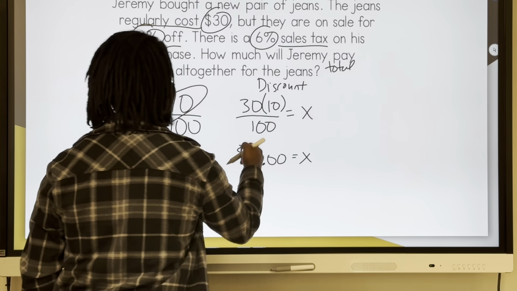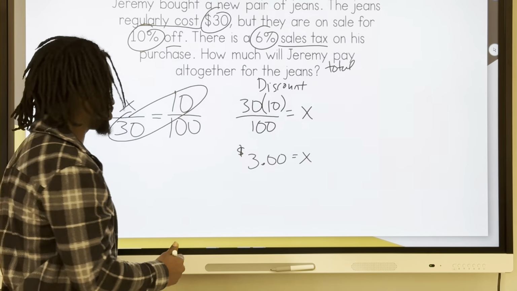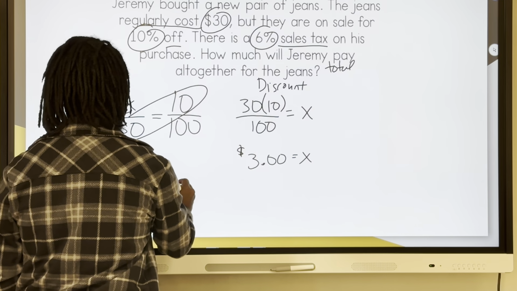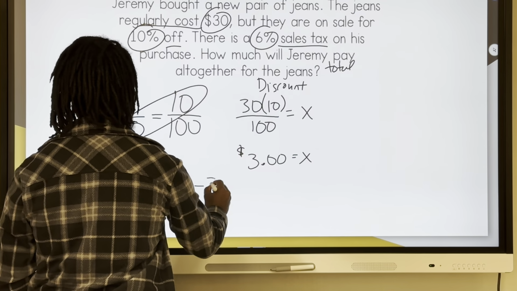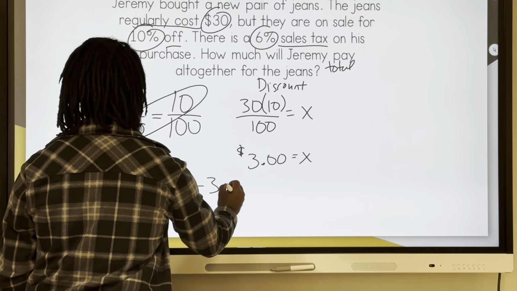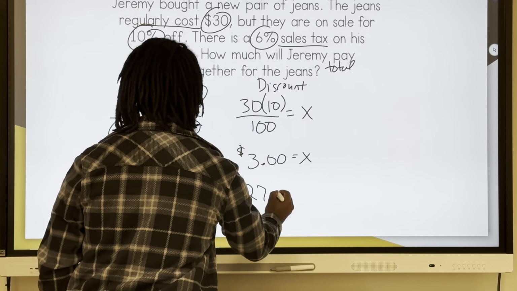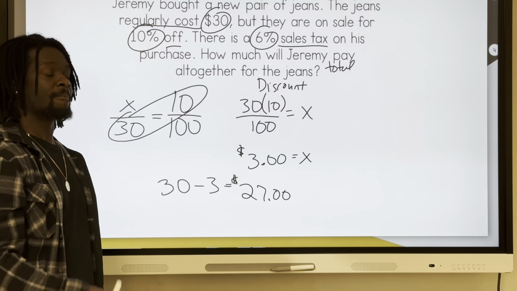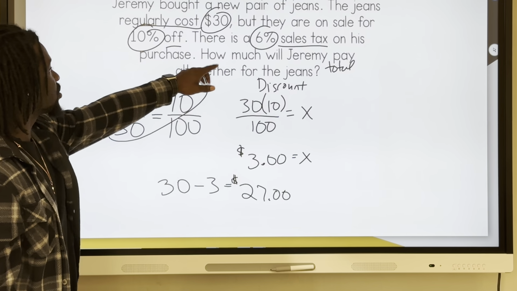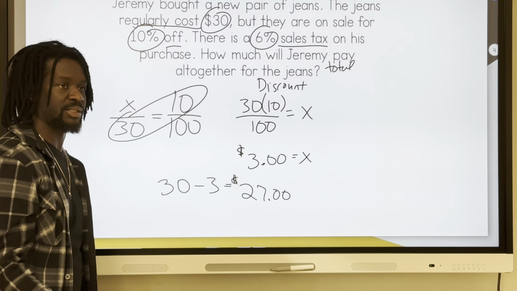Okay, so again, this is the amount of the discount. So I'm going to take 30, subtract the $3, and that is going to give me $27. Okay, $27. Now, I also have to figure out the sales tax. Okay,